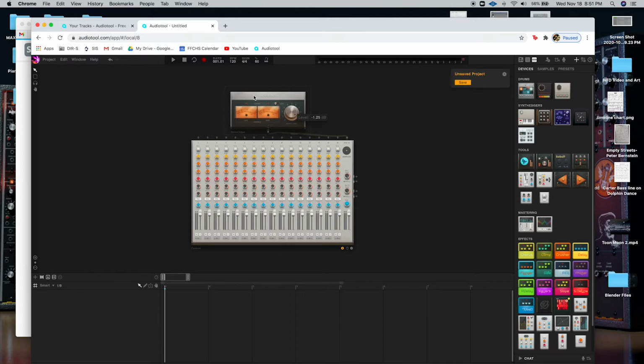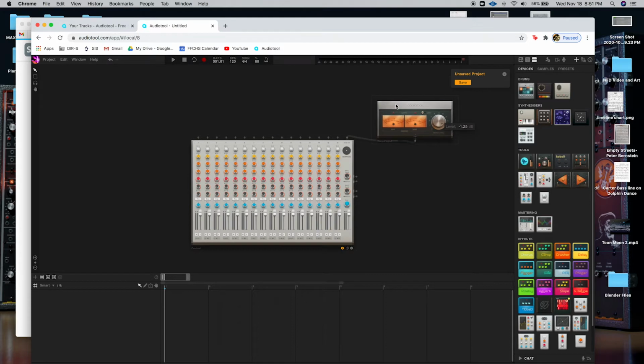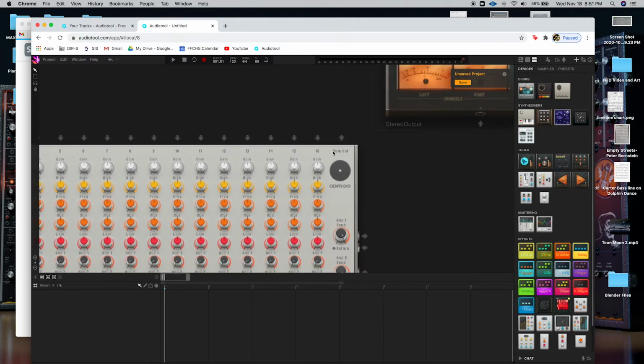Both of these devices, if you click on them, you can move them around. And you can see when I move it around, the cable that connects the two follows around, and it'll stretch out and shrink up depending on where you have them. It's important that you keep these connected by the cable. If they ever get disconnected, because you click on something accidentally, if you zoom into the top here, you can see that it says some out, and there's an arrow that points away from the mixer. And this one has just one input on it. The arrow is pointing in. So those are the two that you need to have connected